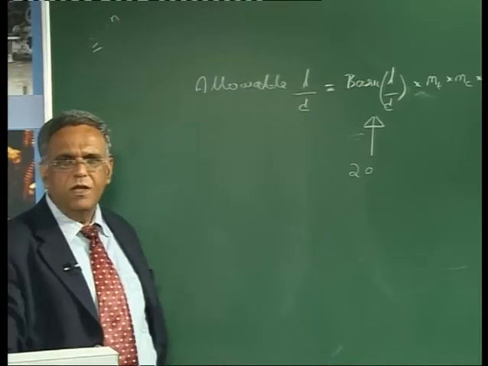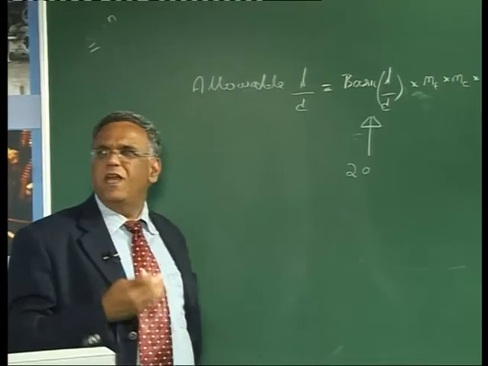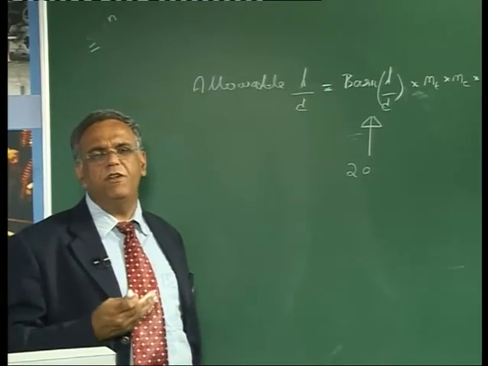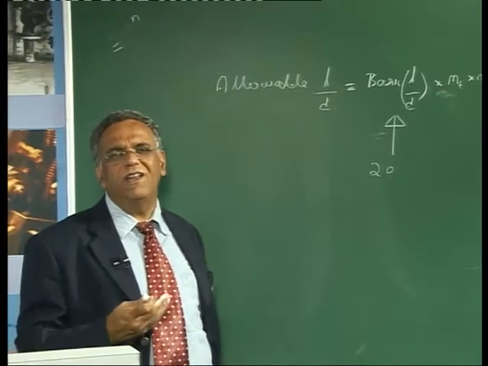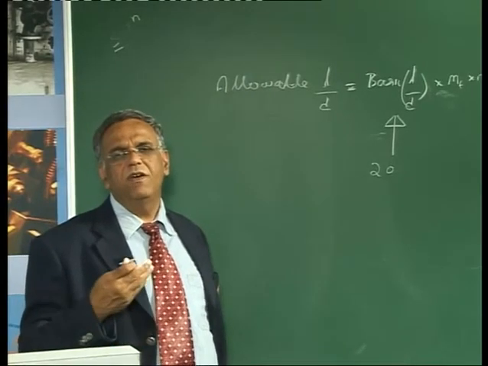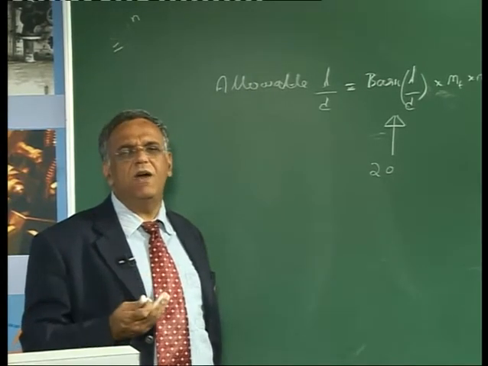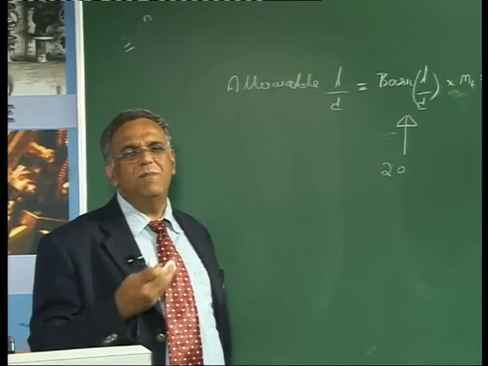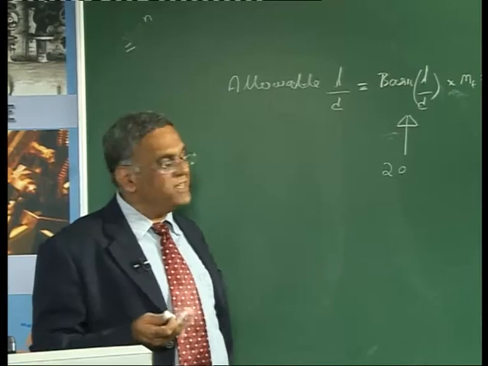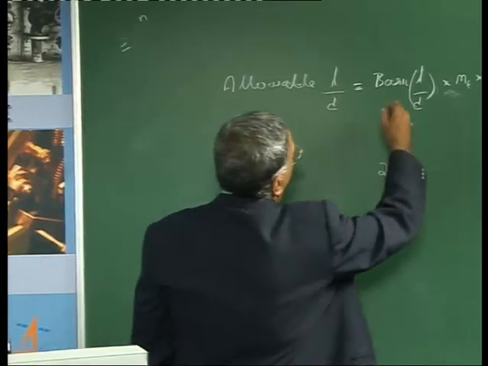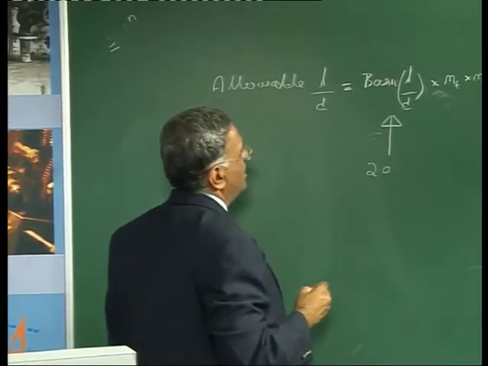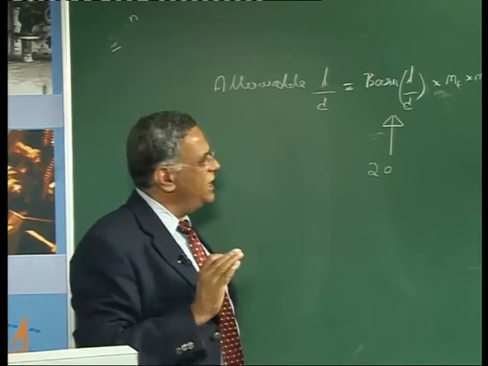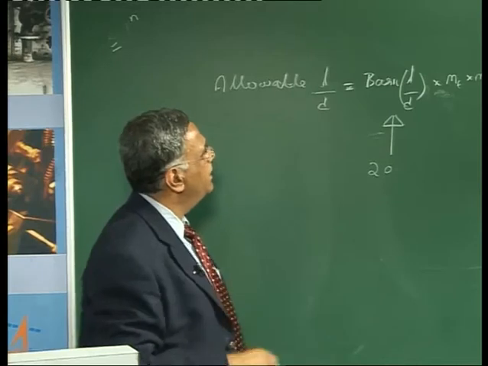For a simply supported beam, the value of the basic L/D ratio is equal to 20. Had it been a continuous beam, I would have written the basic L/D as 26. Had it been a cantilever, I would have picked up the value 7 as the basic L/D ratio. So the very first thing is to pick up the value of basic L/D, which depends upon the nature of the support. For a simply supported beam, it is equal to 20.